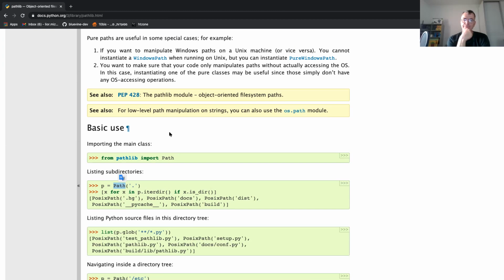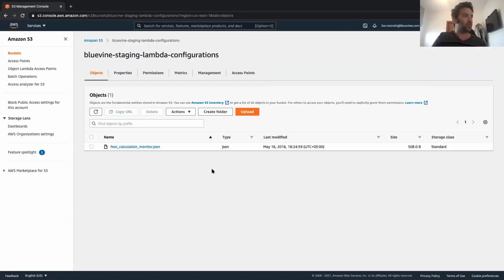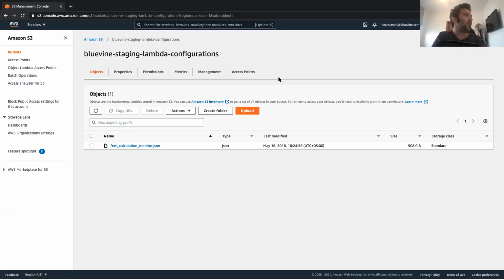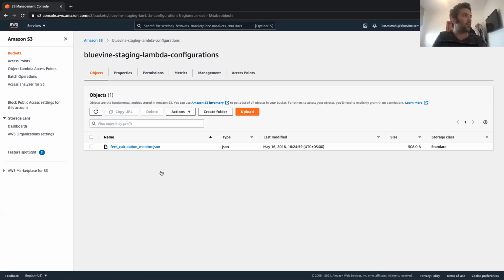Another thing is S3, okay? So what is S3? S3 is a cloud-oriented service, an AWS managed service, and it's kind of like a file system. You can look at it like a file system, but actually it's a gigantic hash table for files, for big binary files. This is an example of how it looks.